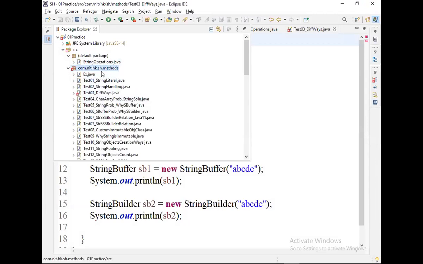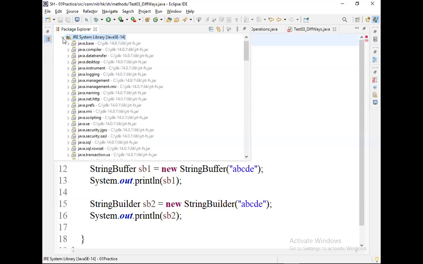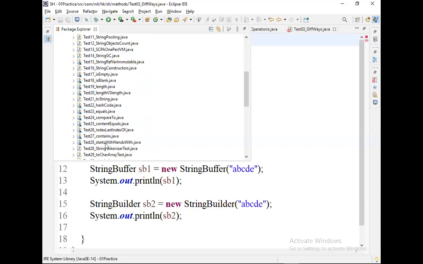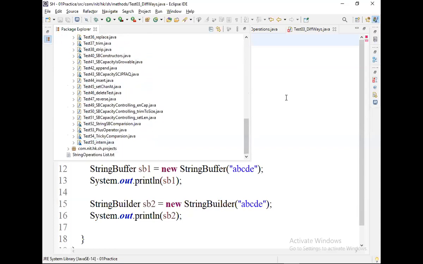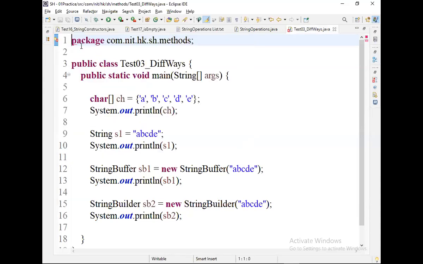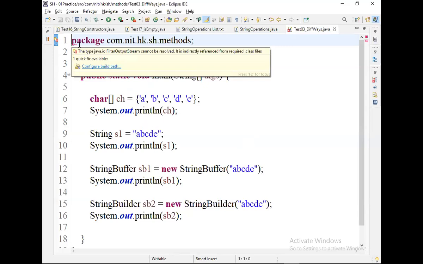If it is a problem of build path, then you will have a problem for every class, right? You're not getting a problem in every class, only here. Why? The type java.io.FilterOutputStream cannot be resolved. It is indirectly referenced from required .class files.